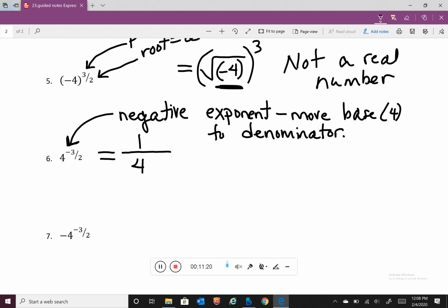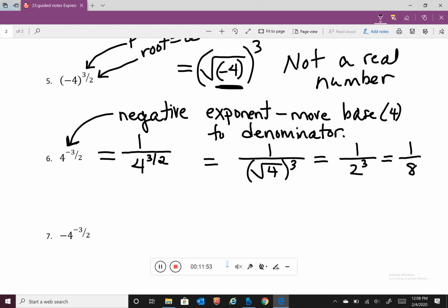Now be careful here. The negative means we need to move the base of 4 to the denominator, but we do not do anything with the exponent. It simply becomes positive. And now we have a power of 3 and a root of 2. So this is 1 over the square root of 4 cubed, which is 1 over 2 cubed, which is 1 over 8. And then lastly,